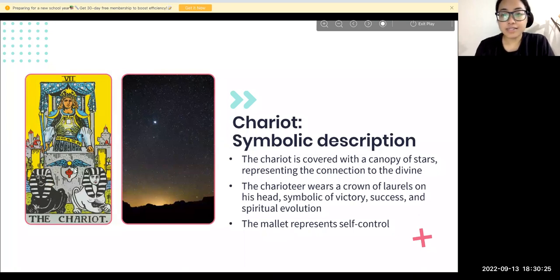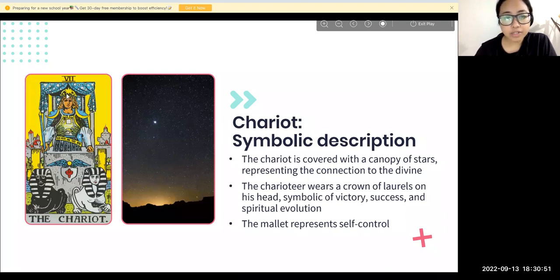So now let's understand why there are so many stars on the curtain of this Chariot. You can see so many stars. Now what is the star signifying? Divine connection. I told you the sun and the stars are always about divine protection, divine connection, right? So the star over here means that you're blessed with divine protection, you're connected with the divine. That is what the star is saying.